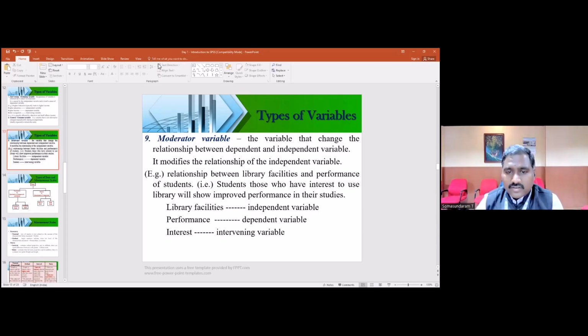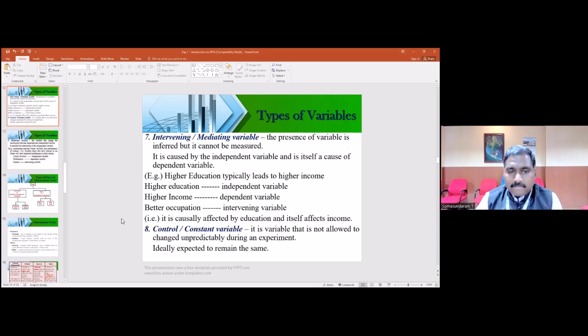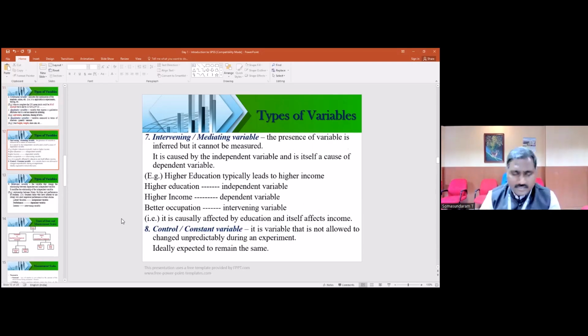The intermittent variable is nothing but an extraneous variable. When we use the regression analysis, we come back to that term called the error term. Yes, we can use that. So when you are going with the SEM model, there you have to place the extraneous variables and all those predictive variables. Thank you, sir.